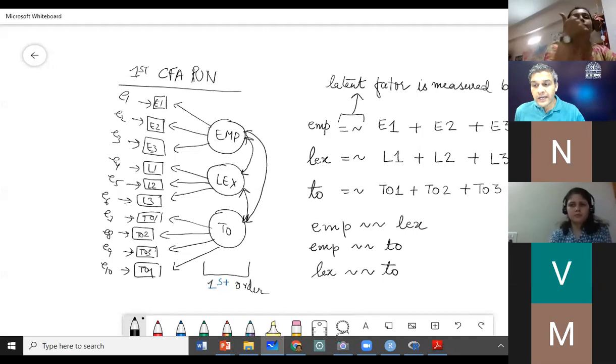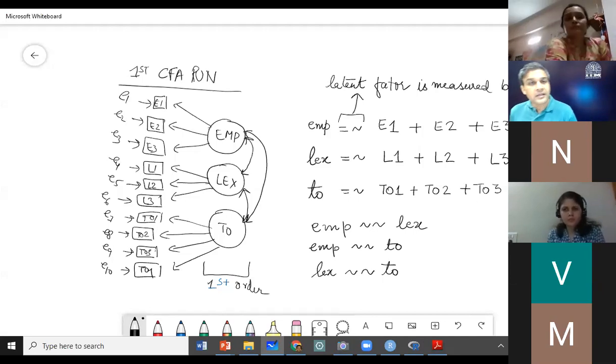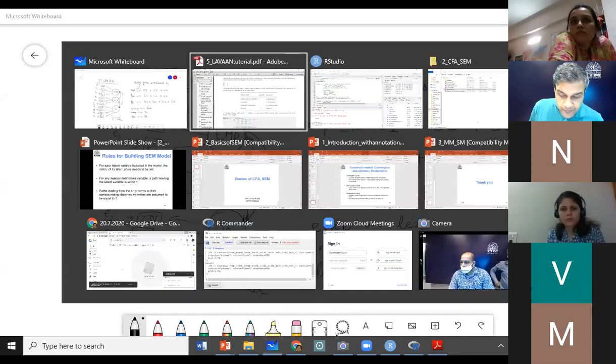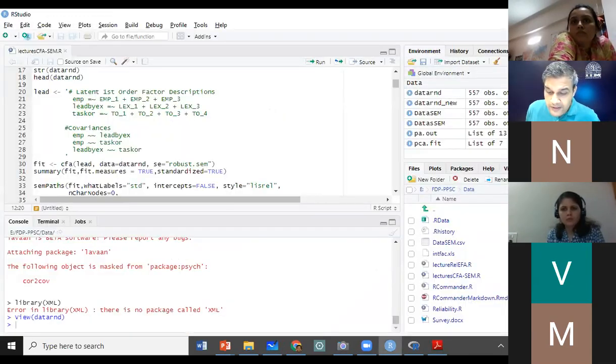Okay, so we have declared everything that we want to declare, and then we put it in single quotes. Then we save this model declaration in a variable.